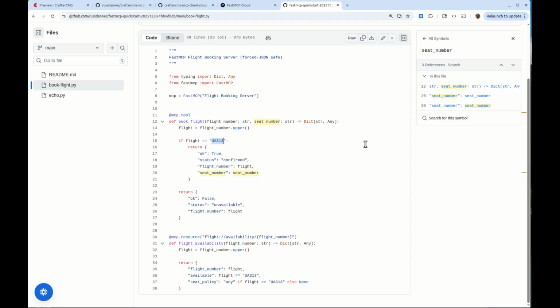Here is where we would go out and check real back ends, but this gives us the joint point between our service and the LLM. Okay, so that's going to be this basic logic in there now. There's also flight availability, which works a similar way. Okay, so what we're going to do